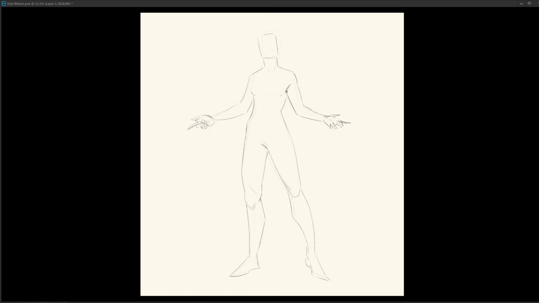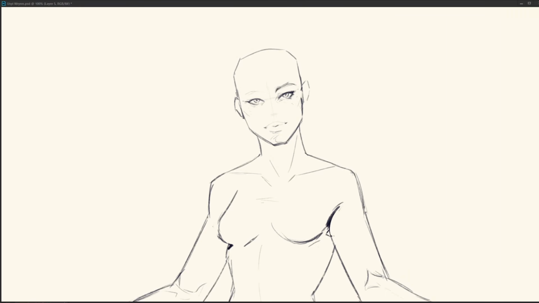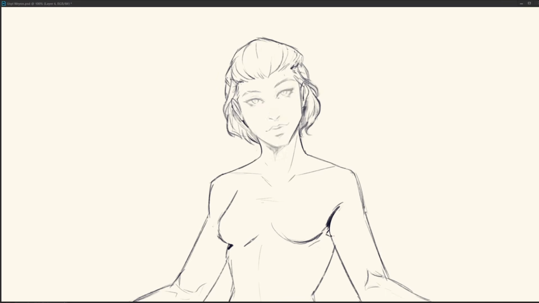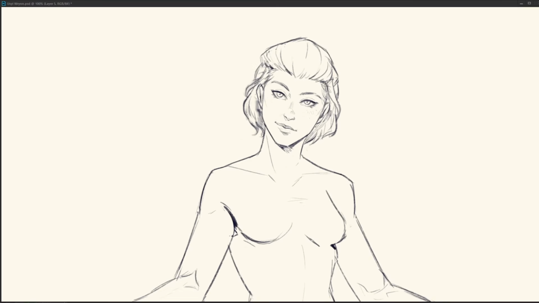So I'm doing the pose now, and something that I was thinking is some wide open pose to show that she's inviting and friendly and stuff. So it's almost like she's gesturing for a hug, something like that. But it can also be seen as some kind of confident, strong, where she's kind of like, bring it on.